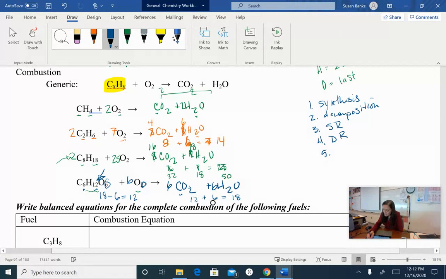And then last but not least, we have combustion where we are taking a hydrocarbon, carbon, hydrogen, sometimes oxygen, burning it in oxygen, creating carbon dioxide and water. Okay, so those are the